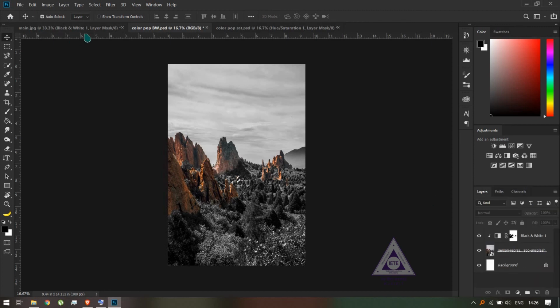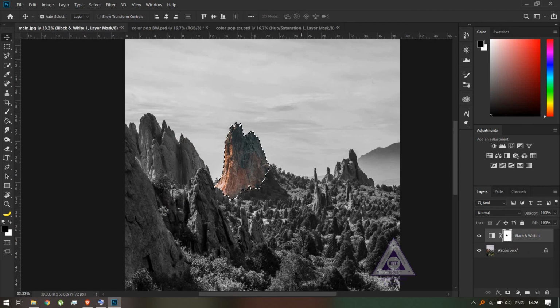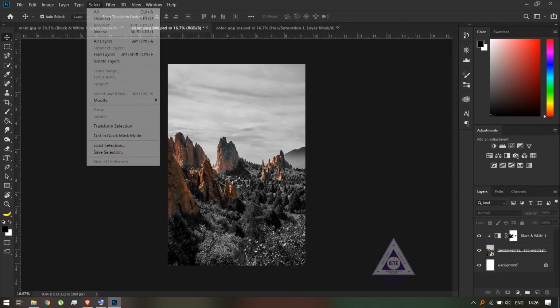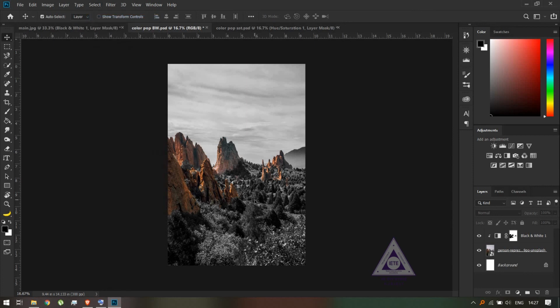So yeah, that's how you can make a much more precise and better looking selection of what you want, and this gives a much better output as compared to saturation, because the mountains retain their colors, and at the same time the grass and the sky become completely black and white.